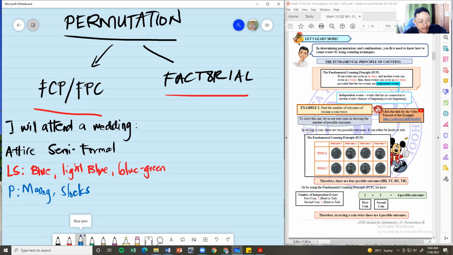Ayan. And then, for my shoes, meron akong 3. Isang leather. Meron akong white rubber shoes. And I have